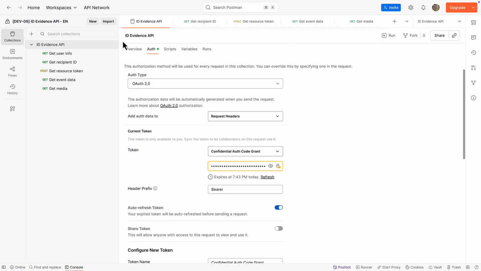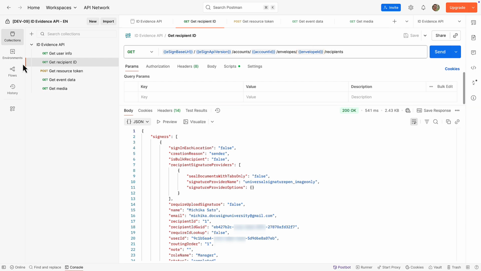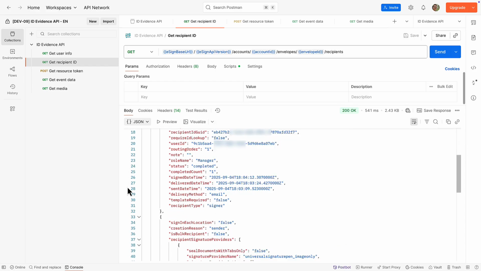First, you need to authenticate to DocuSign and get an access token. Next, you call the recipients endpoint of the eSignature API. The path includes the envelope ID for the envelope completed with ID verification. The response data includes a signers array, with an object for each signer on the agreement. The signer object includes an identity verification key for each signer who completed ID verification. Your integration must then store the value of the recipient ID for the corresponding user for later use.